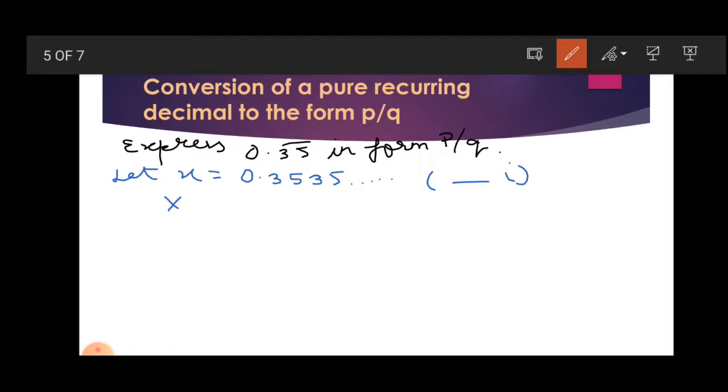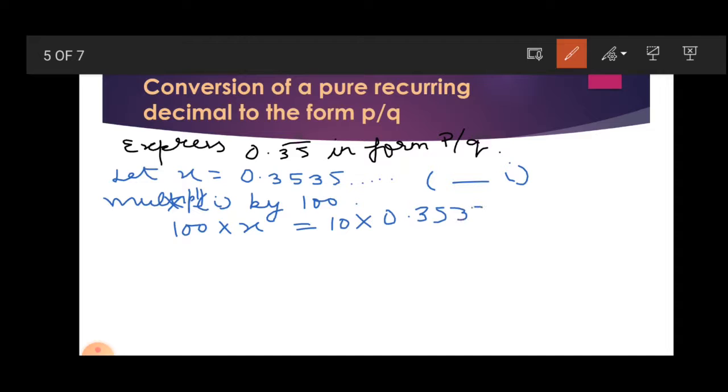So 100 into x is equal to 100 into 0.3535 and so on. So 100x is equal to 100 into 0.3535,